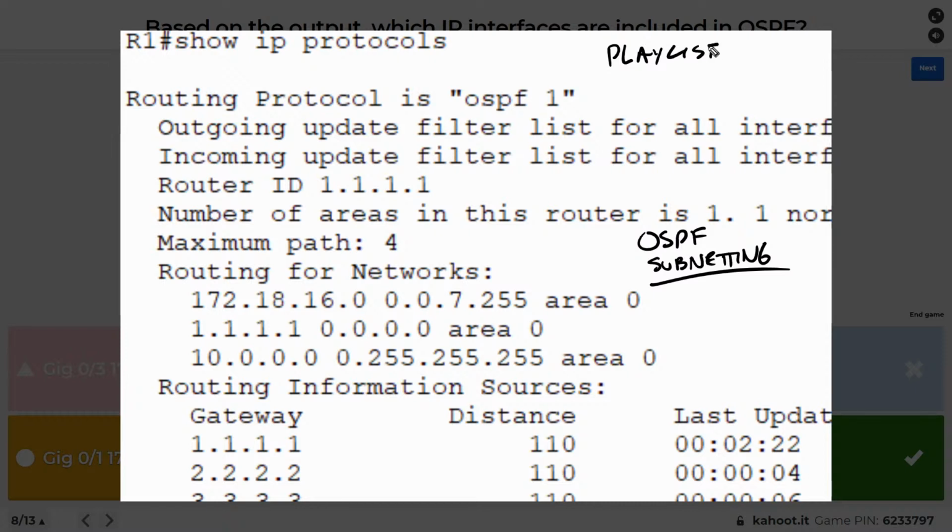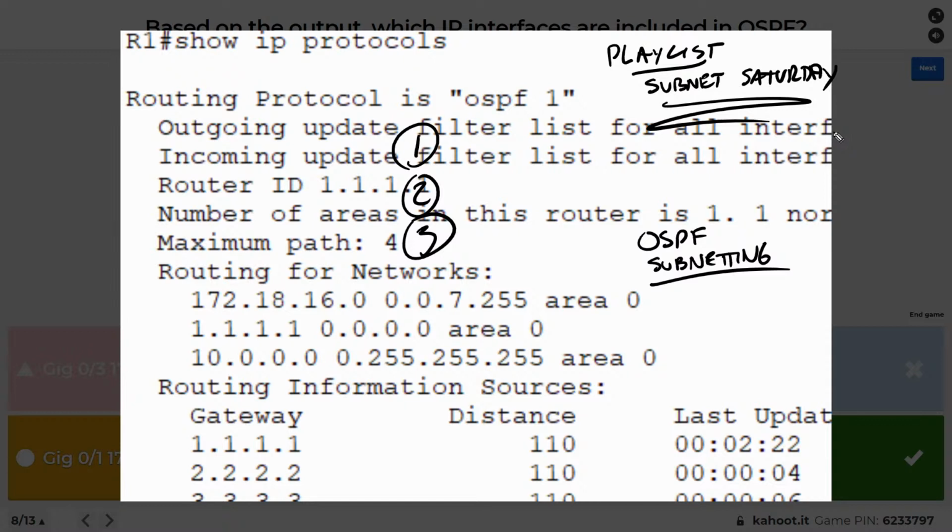So the playlist is called Subnet Saturdays. Now, that does not mean you can only watch it on a Saturday. It simply means that I created them over a period of like 11 Saturdays. Every Saturday I would crank out another one, video 1, then video 2, then video 3 in order. I just created the IPv4 subnetting playlist that I would have wanted to have when I was first learning subnetting, which I learned in Fullerton, California back in the 80s. And subnetting hasn't changed a whole bunch since then. It still works. But if you are interested in subnetting, that's a great way to do it.